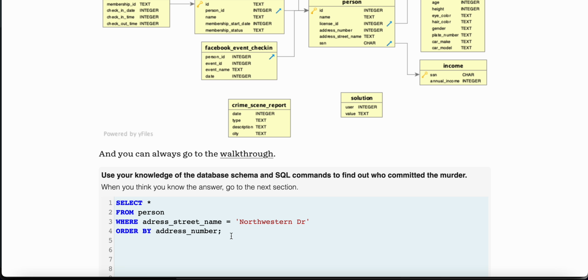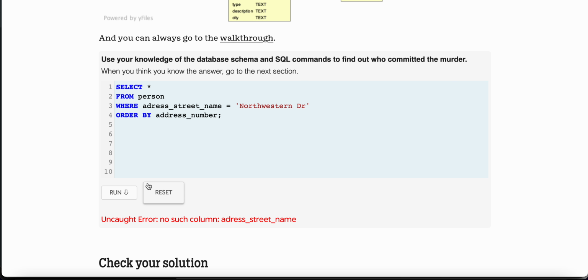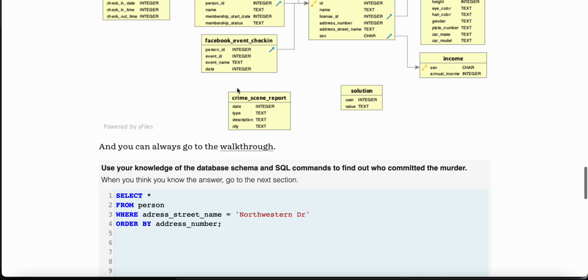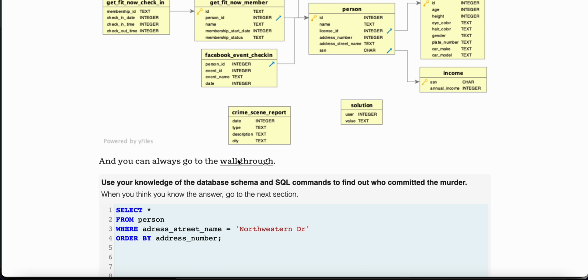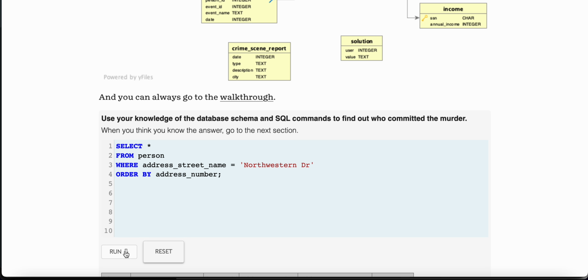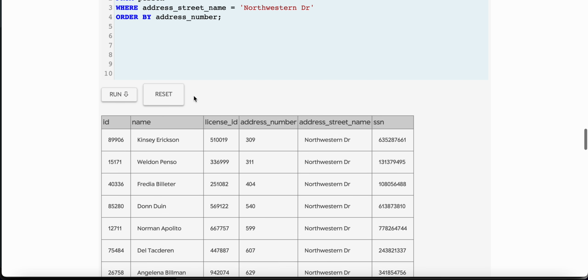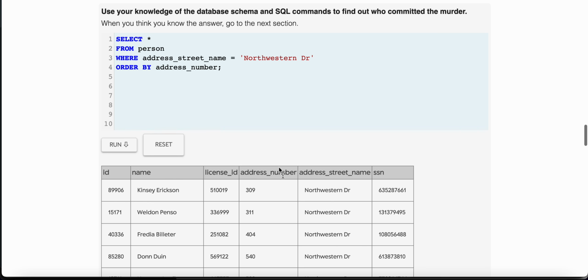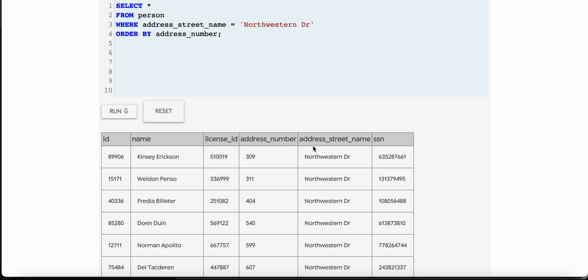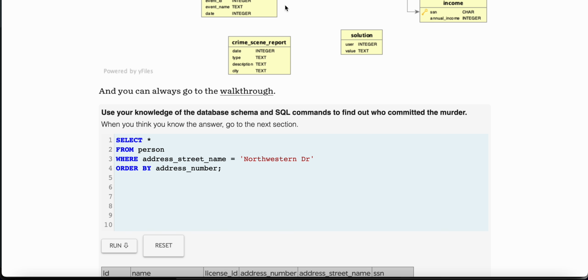Address number. Let's run that. Oh, I'm sorry, I made a mistake here. Address, I did not put it correctly. Wow, so we have lots of people that are staying here, and what did